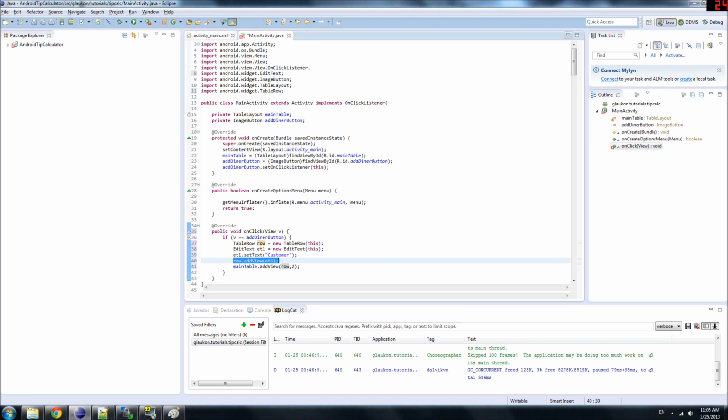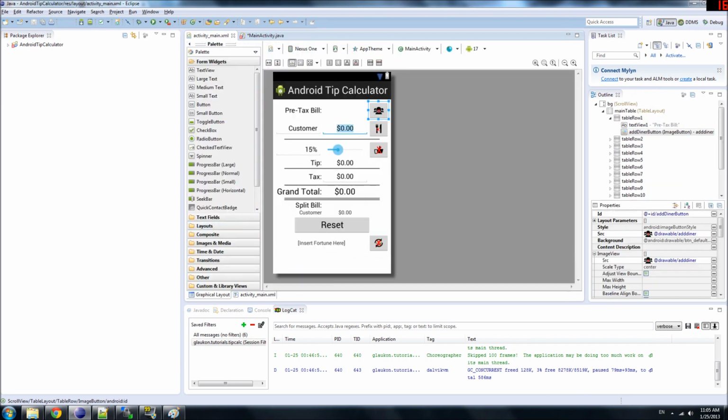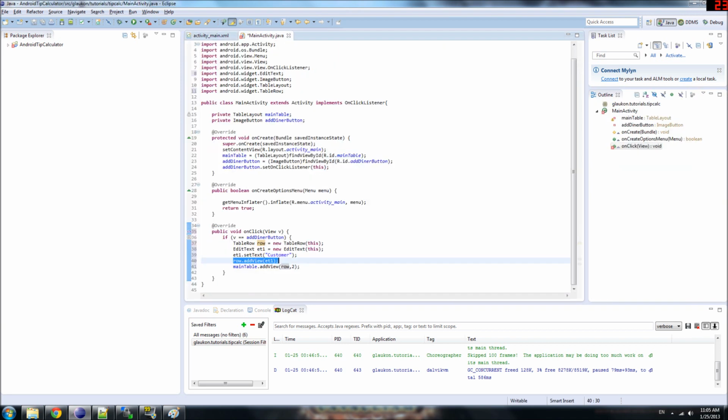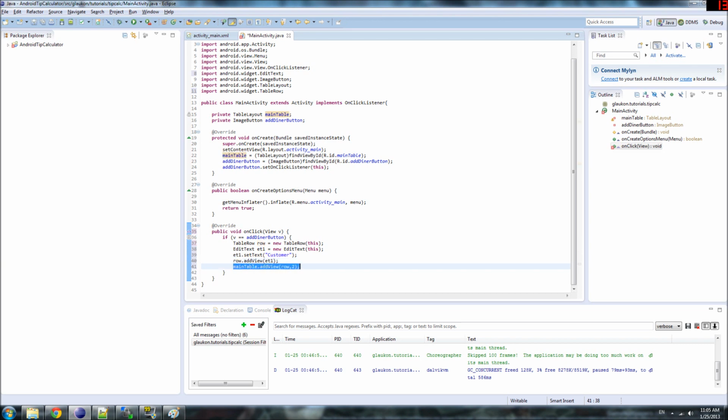This line right here is basically the functional equivalent of dragging an edit text in the graphical layout onto a row when you're done designing the UI. That's what it does. So we're adding et1 to the row. And then we finish off by